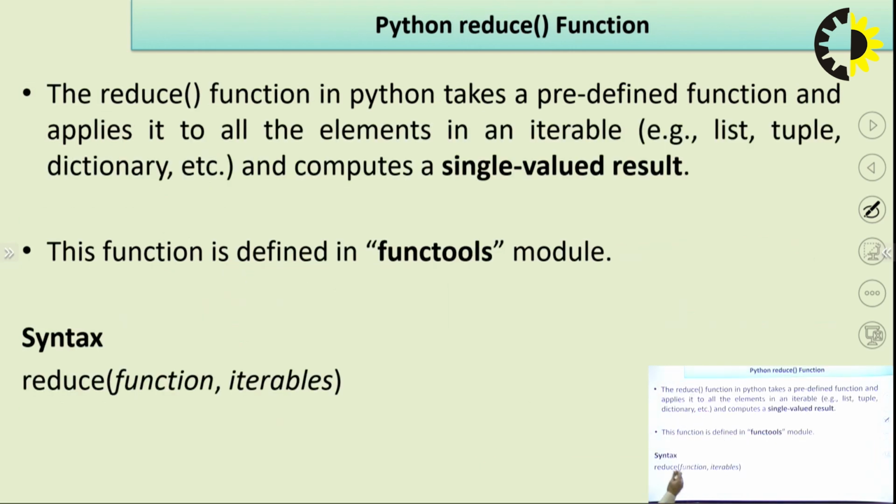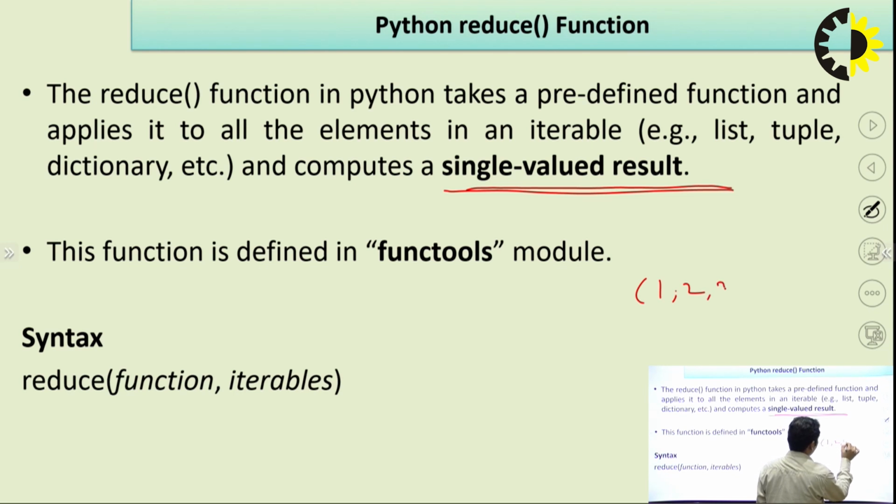Now, the next function is reduce. The reduce function in Python takes a predefined function and applies it to all the elements in the iterable, that is list, tuple, dictionary, and computes a single valued result. Okay. Single valued result. Say our given list is 1, 2, 3, 4,